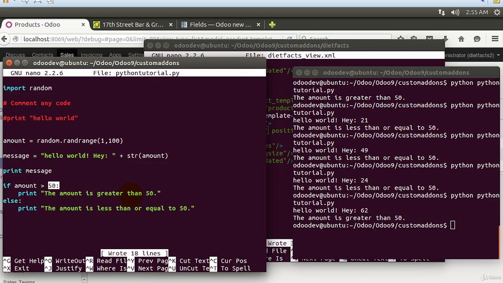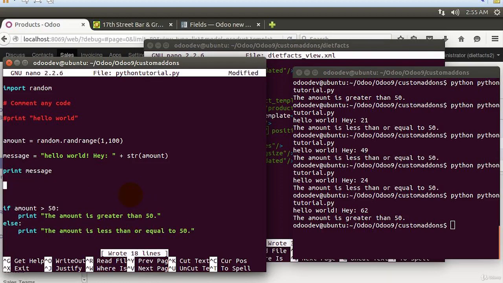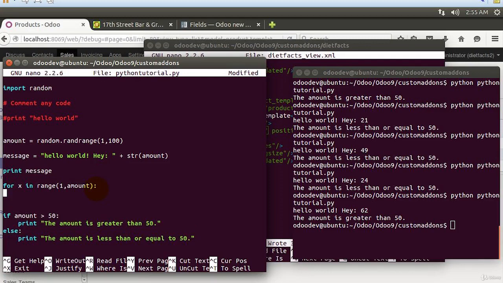But now it's time to move on to some other structures. One of the things that we can use is a for loop. In this case, I can say for, and I will use just x for an example number, in range 1, comma, and we'll use the amount that comes from right up here in our random number, and I'll put a colon, and then I'm going to just remember 4 spaces, 1, 2, 3, 4, and we're going to say print amount,